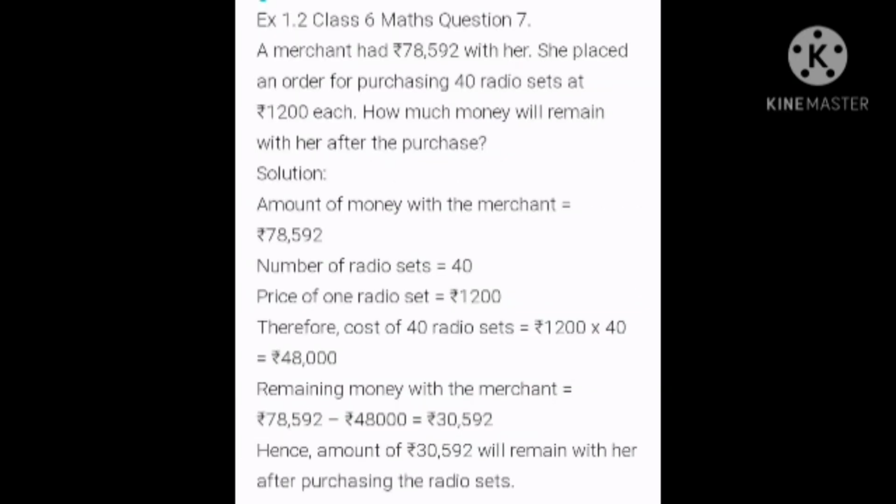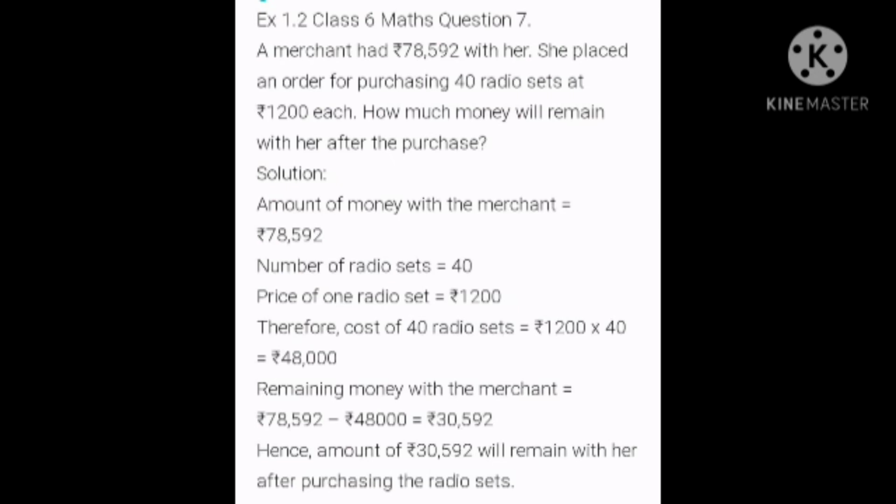See the seventh one. A merchant had rupees 78,592 with her. She placed an order for purchasing 40 radio sets at rupees 1,200 each. How much money will remain with her after the purchase? Totally she had